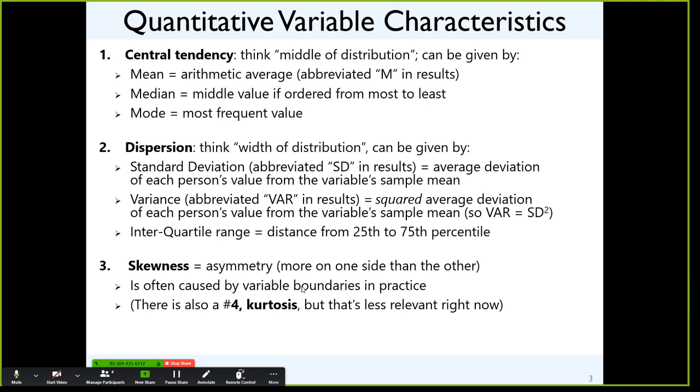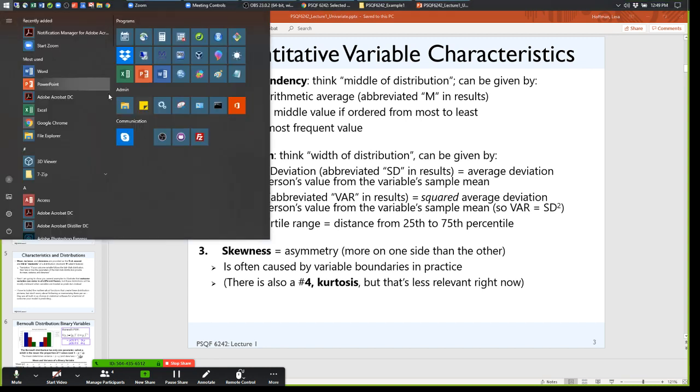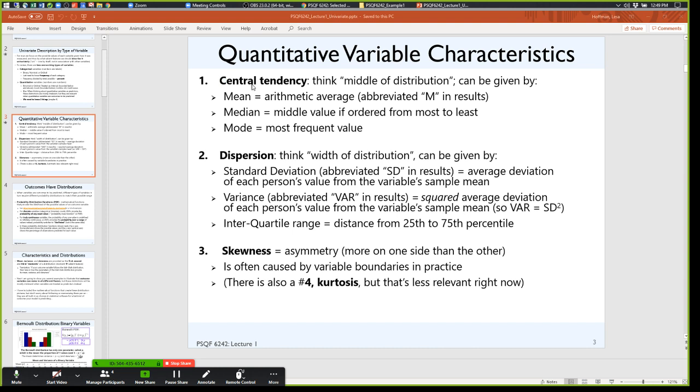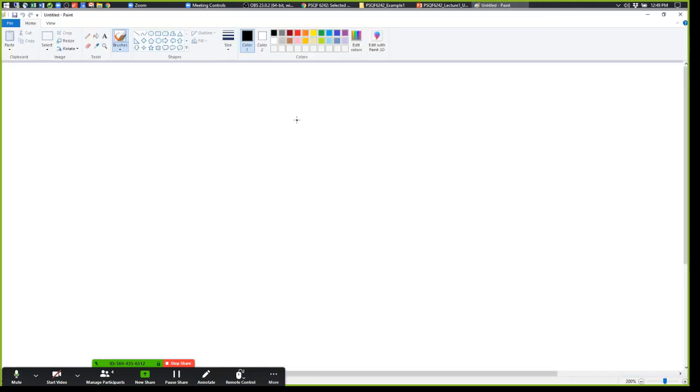This is caused in practice by natural boundaries. So for instance, let me get out, so I don't draw on the board since I'm broadcasting and Zooming and all this stuff, one of my favorite programs. Do you recognize this, anyone? This is Paint. This is one of the first things I learned how to use when I was like 10 years old. And I still love Paint for basic drawing. I don't have a fancy tablet with a pencil, but I can make pictures.